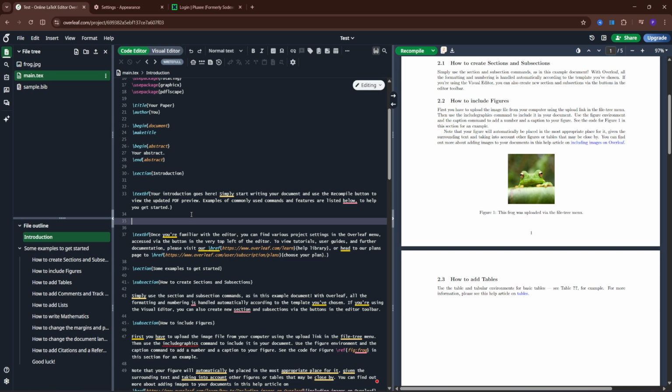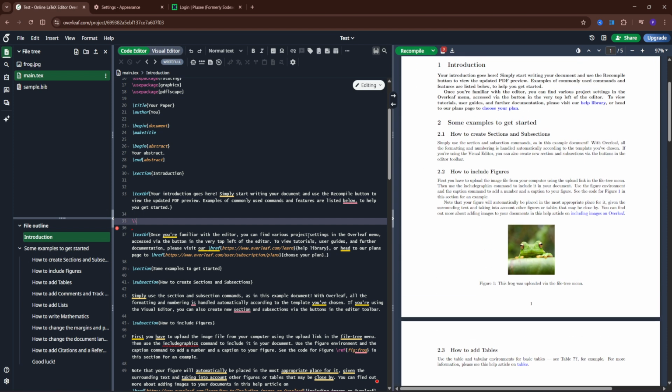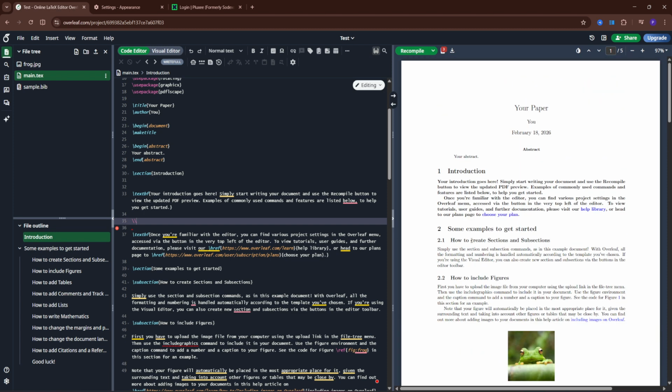Now the first one is two backslashes. So if we do it like that, that means use this at the end of a line to start a new line immediately without creating a new paragraph. Okay, so if I demonstrate it right over here in the middle somewhere like that,